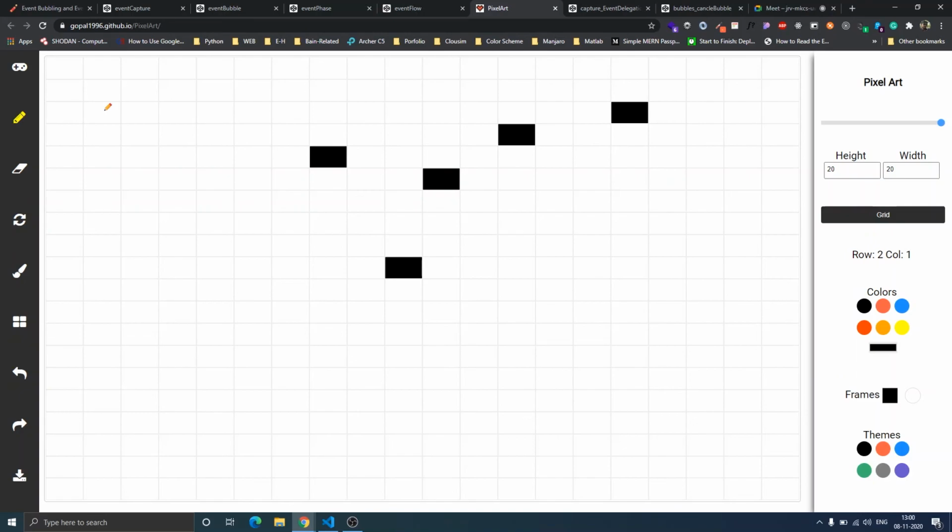If users increase the grid size, the event listeners will also increase. To improve performance, instead of attaching an event listener to each cell, we can attach one to the parent element. When users click on a cell, the event will bubble up, we can capture that event, and then change the particular cell's color. I think this is the best example to show event delegation with bubbling.